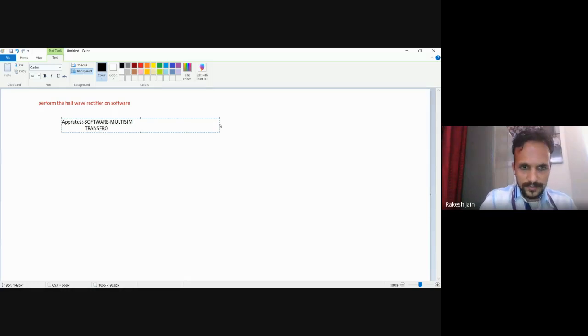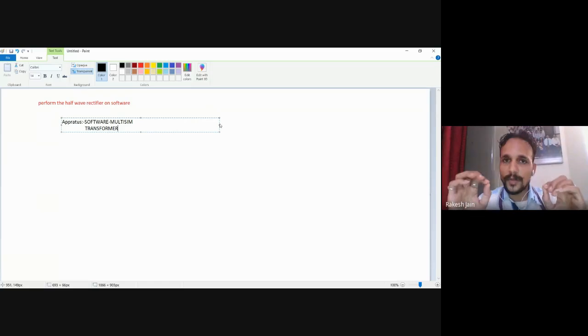The transformer is a device which can convert AC into AC, alternating current into alternating current, either by decreasing or by increasing it. That depends on whether it is a step up type or a step down type of transformer. Just keep in your mind, this is a lab, you should know how to perform the practical. So keep your eyes only on how to perform the practical, then you will easily understand the meaning of this video.